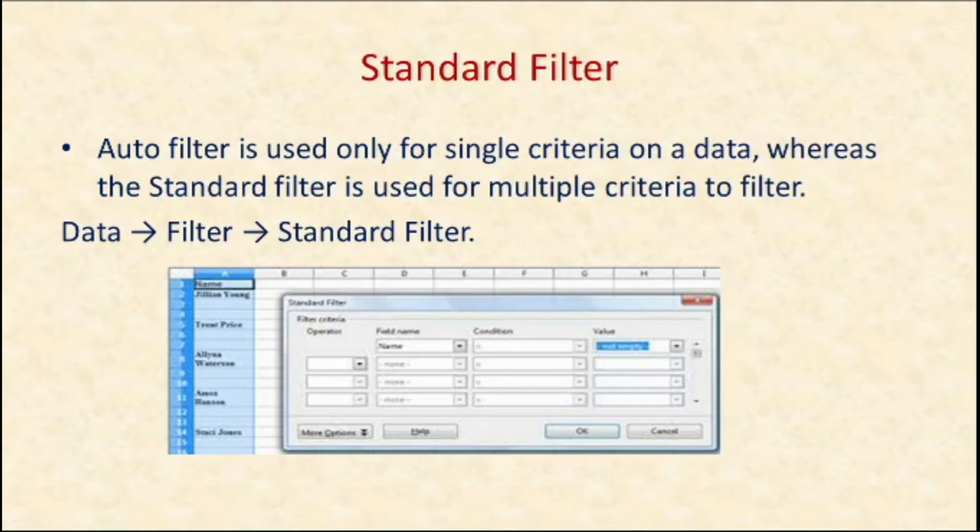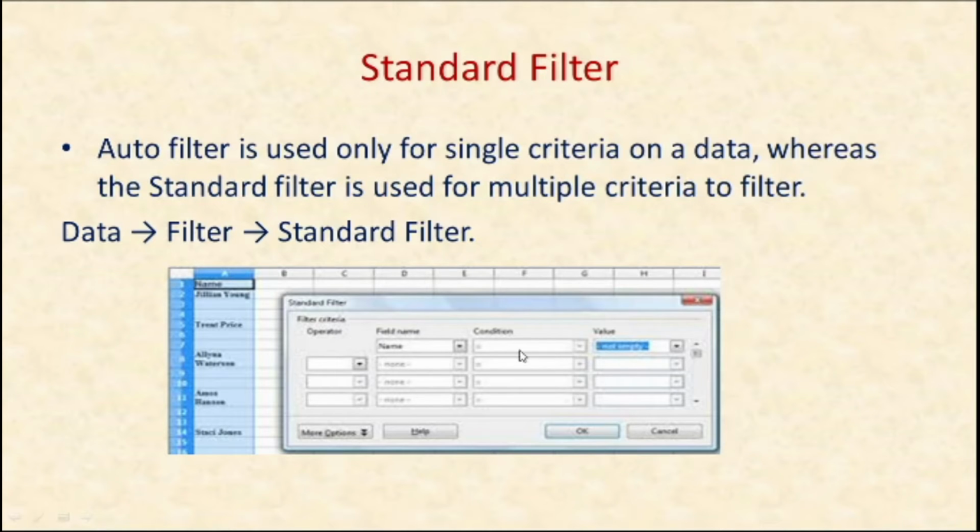Then standard filter. Auto filter is used only for a single criterion on data, whereas the standard filter is used for multiple criteria. For example, if you want to find group code 1 or 2 in the database, you can select the field name in the field name column.